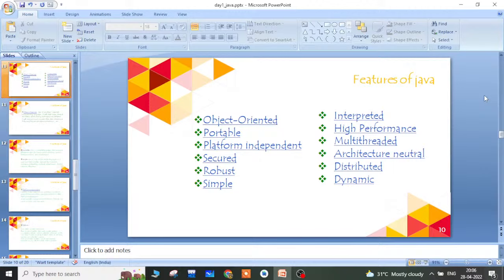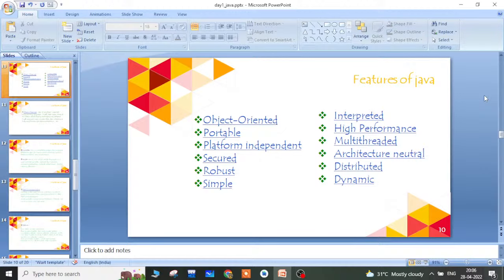Now these are some features of the Java programming language. Java is object oriented and it is a portable language. It's platform independent. Java is a secured language. It is robust.